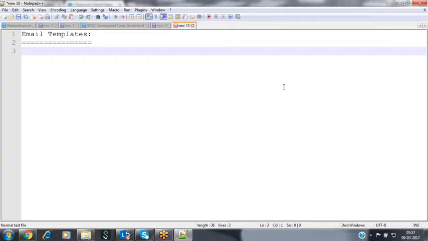In what cases are we going to be sending these notifications? For example, take a general scenario. Assume that I have a bank account. It may be any bank. Whenever I deposit some amount into my account, how do we get the confirmation that my amount has been credited successfully or not? For that, they notify you by sending an email notification, along with one SMS confirmation. Once we get that SMS confirmation, only then do we come to know that the amount has been credited successfully into our account.